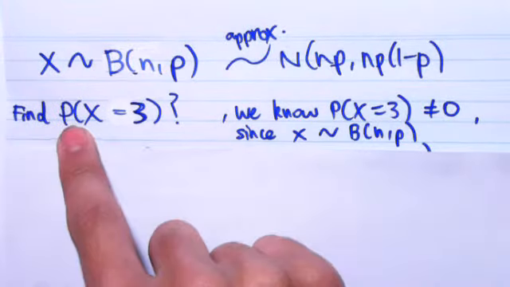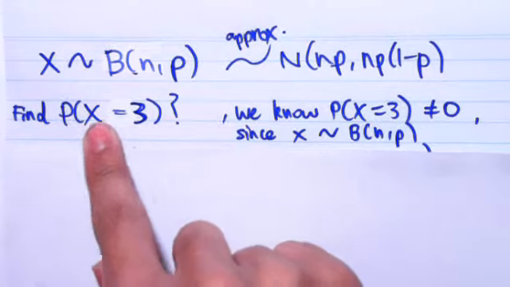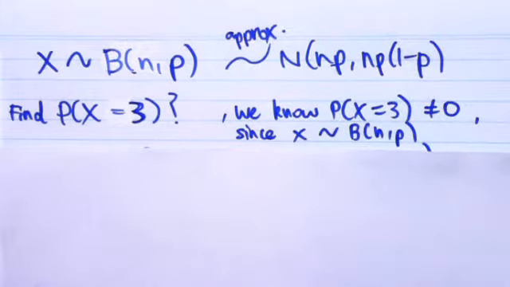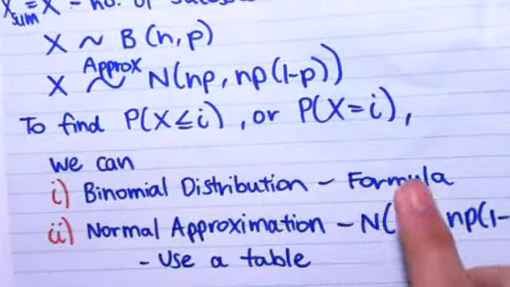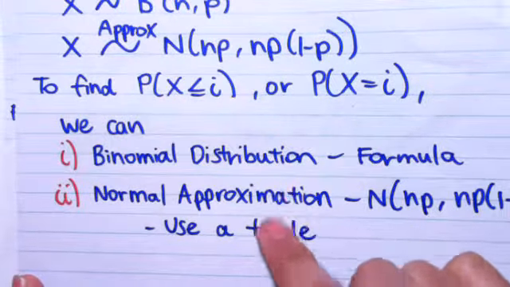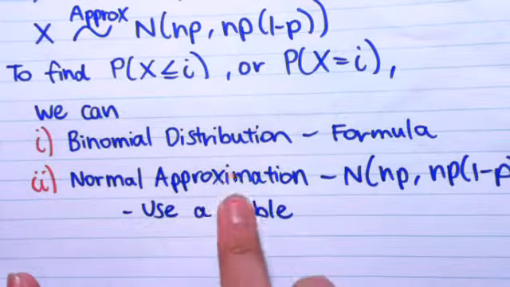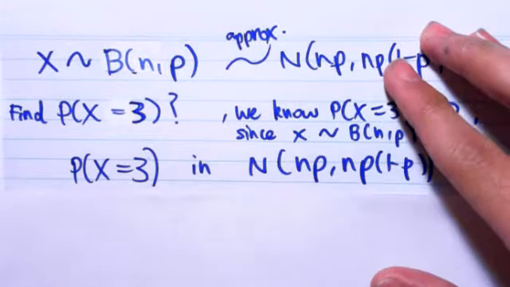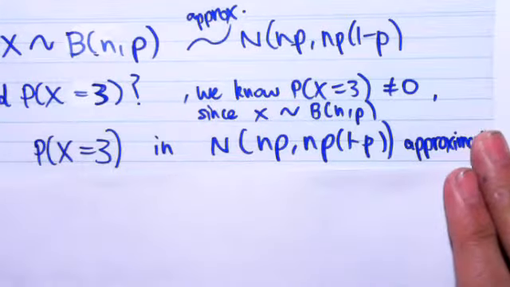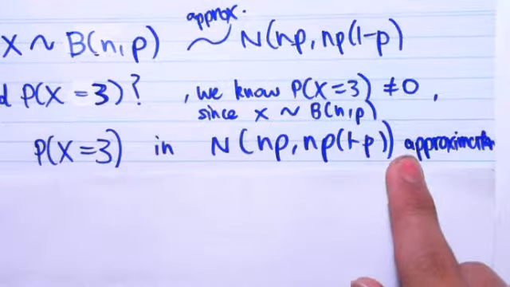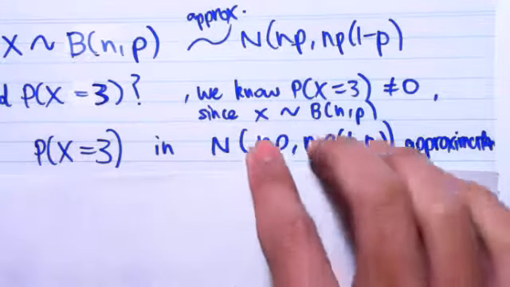And so now if we want to find this value, let's say we want to use a second method. Remember, the way that we find the probability value is by using either one of the 2 methods. So let's say we choose to use this second method here, the normal approximation. So finding P of x equal to 3 in a normal approximation, where it's a normal distribution,